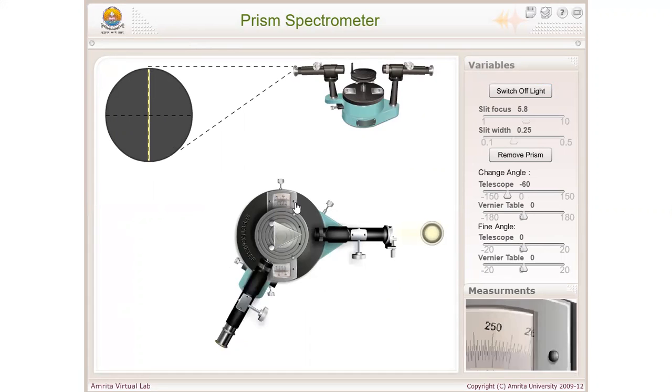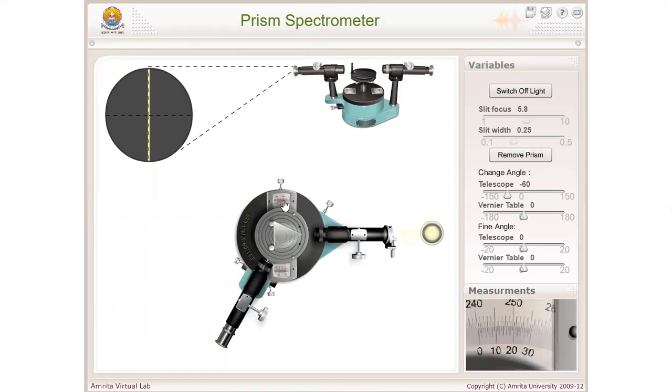Here are the two vernier scales, V1 and V2. So you can zoom this to see the readings of the main scale and vernier scale. What you can observe from here, the main scale is at 240, and then you have to note down the best coinciding reading of the vernier scale. The line of the vernier scale which is best coinciding with the main scale. You have to observe this reading very carefully. Vernier scale reading should be noted down very carefully.